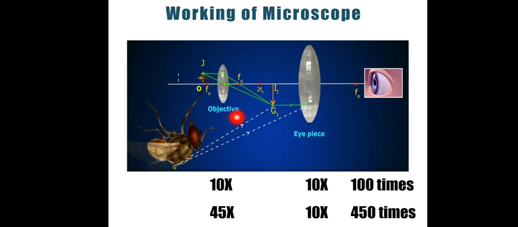Similarly, sometimes the objective lens can be 100x also. In the compound microscope, 100x multiplied by 10 gives us 1000 times magnification. So in compound microscopes like this, the magnification goes up to 1000 times, and we can see the image of an object at a maximum of 1000 times its size. And for the microscope, light is necessary, because without a light source we cannot see the objects properly.